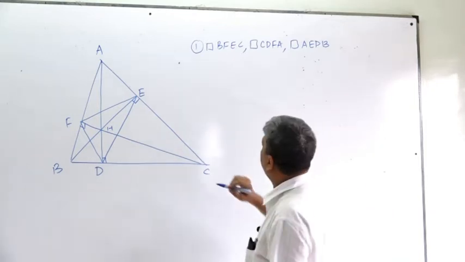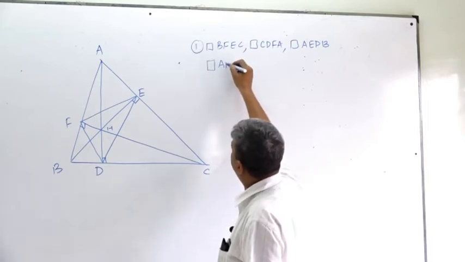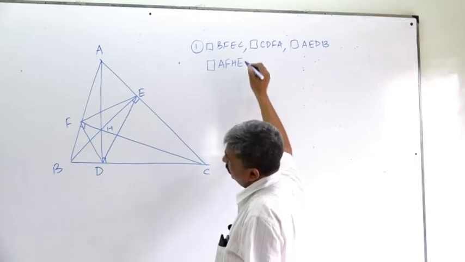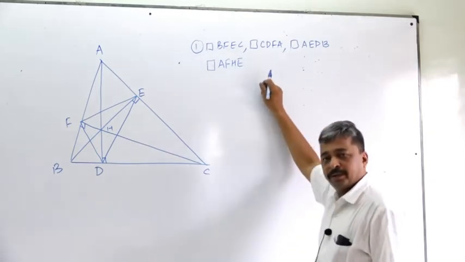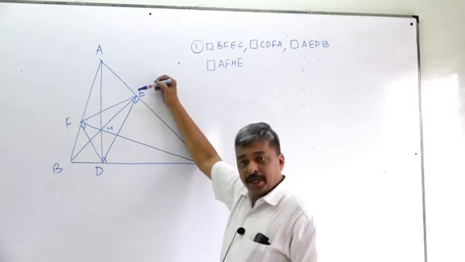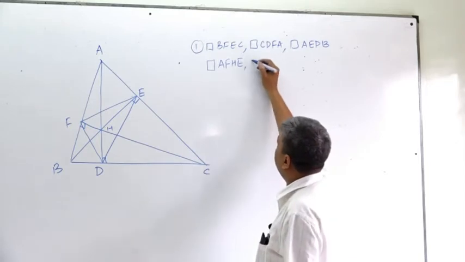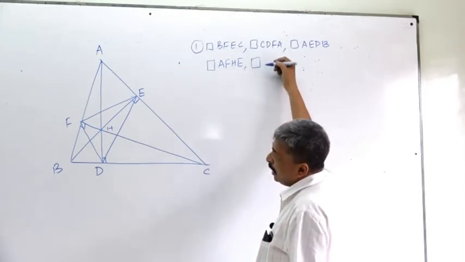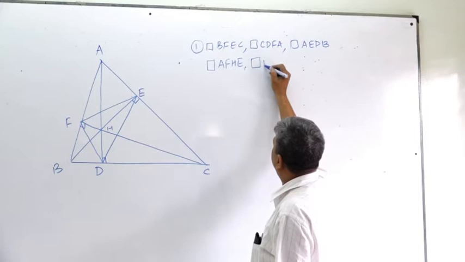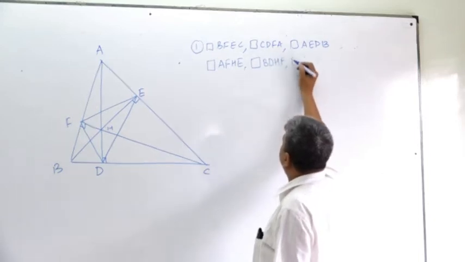And there are 3 other quadrilaterals. AFHE is also cyclic. Why? Because this is 90 and this is also 90. Here opposite angles are 90 and 90, therefore it is cyclic. Similarly, BDHF is cyclic, and the third is